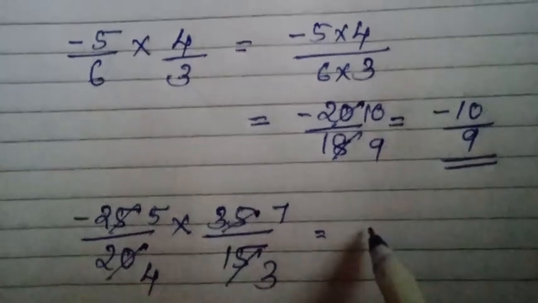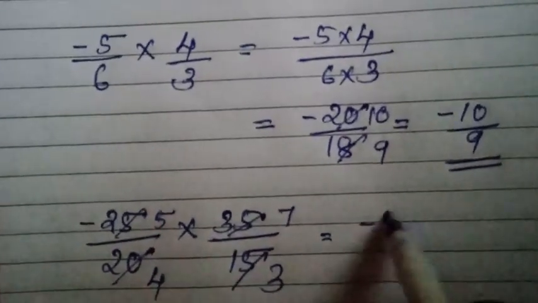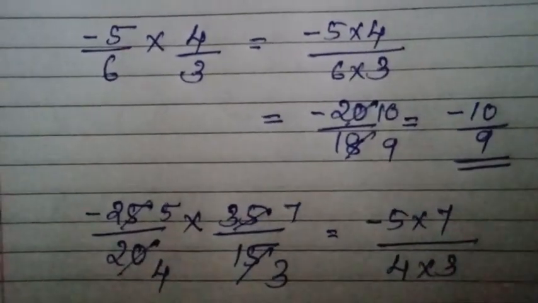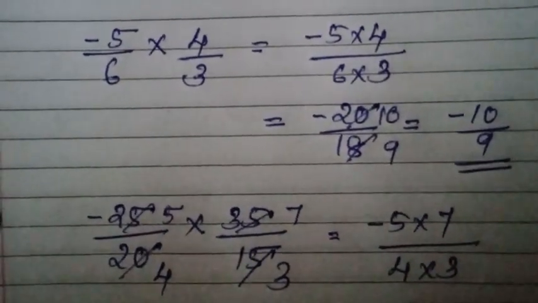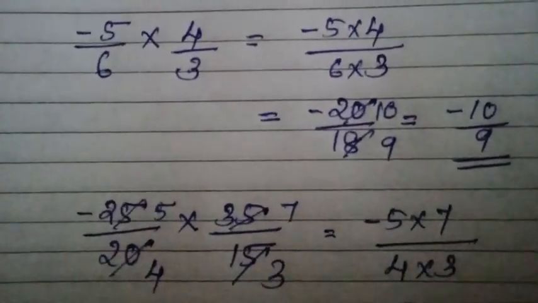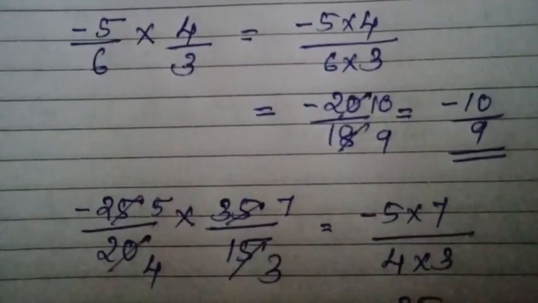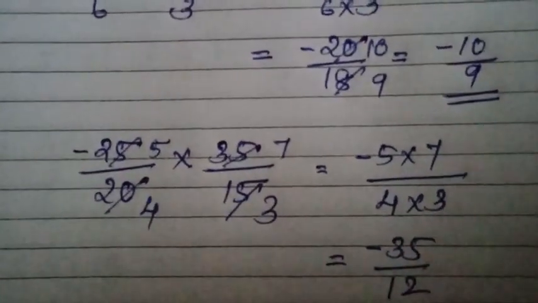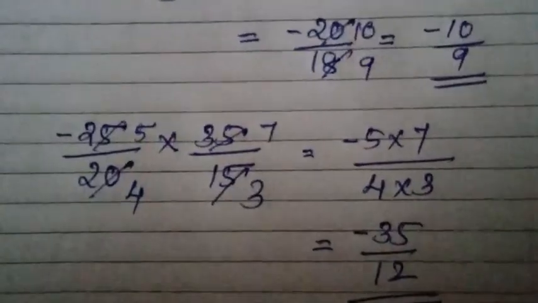So what is left over in the numerator? Minus 5 into 7 divided by here 4 into 3. So we will get minus 35 divided by 12. Understood? So next we will do division of rational numbers. Okay. So the first one is,